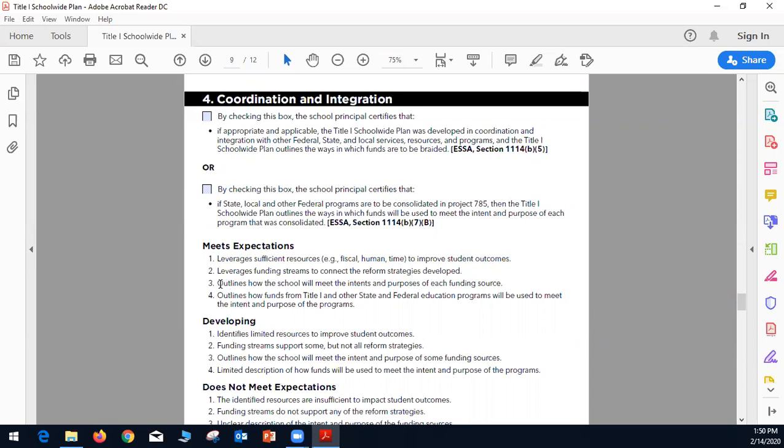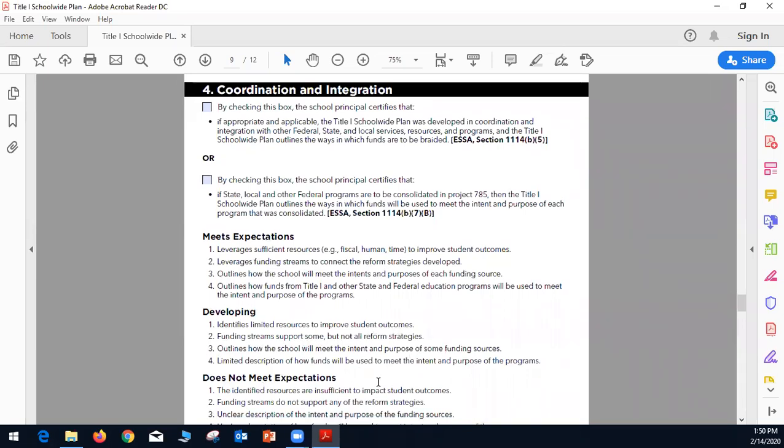A well-written plan will leverage funding streams to connect the reform strategies that are developed. A plan under development will have funding streams that will support some but not all reform strategies. And a plan that doesn't meet expectations will indicate that funding streams do not support any of the reform strategies.